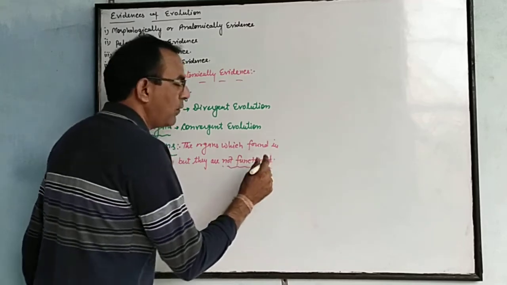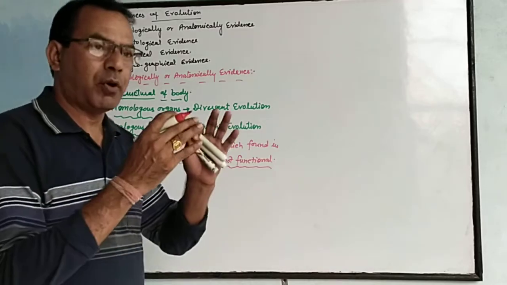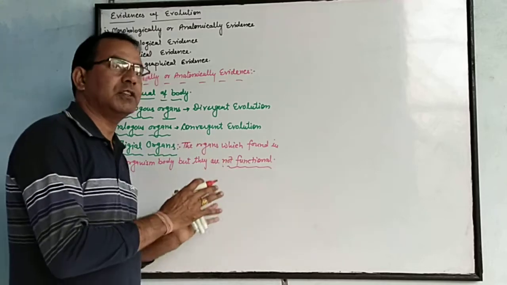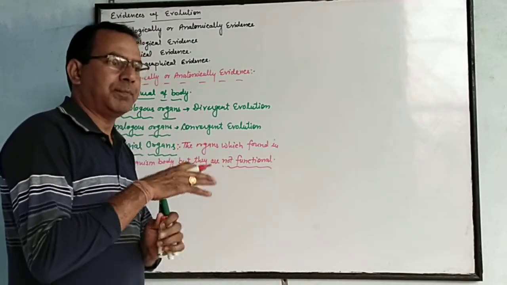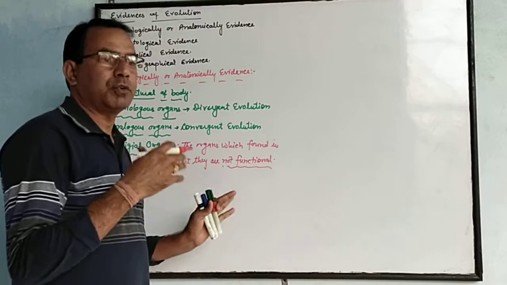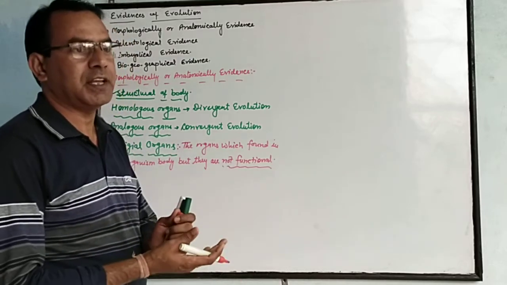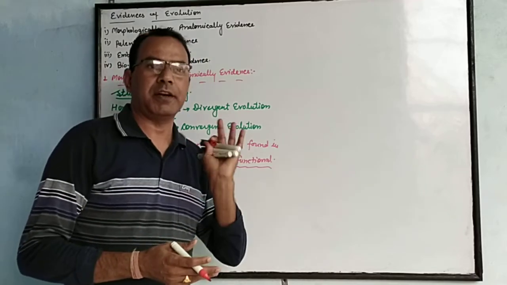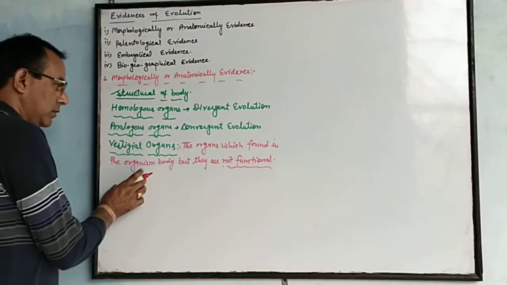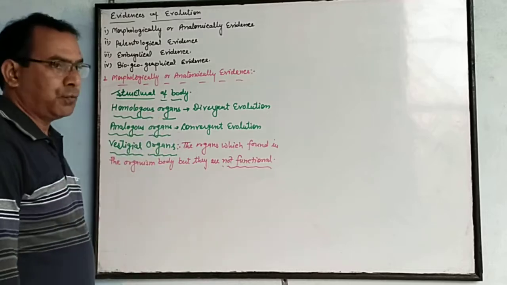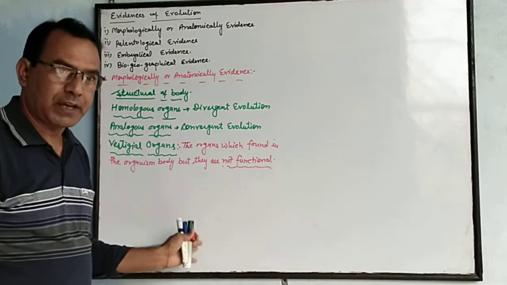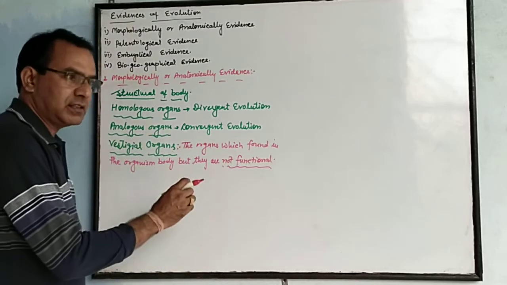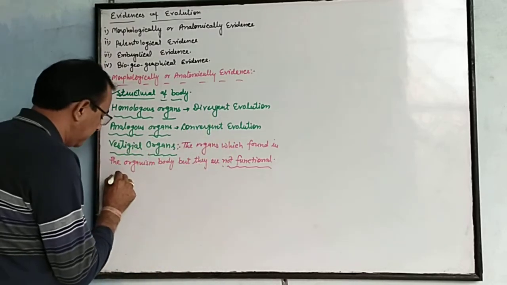If they are not functional, why are they found in the body? Why are they present in our body? It means that at some time our ancestors used these organs, but with time, due to disuse, or you can say not using the organs, they remain in our body as vestigial organs, and some organs are eliminated from the body. The vestigial organs are the organs which are found inside the body of any organism but are non-functional. For example, the nictitating